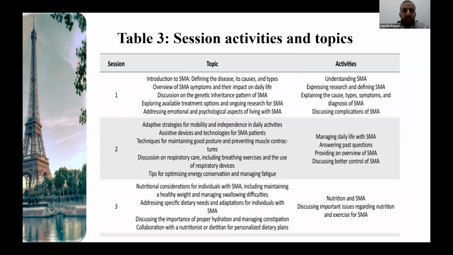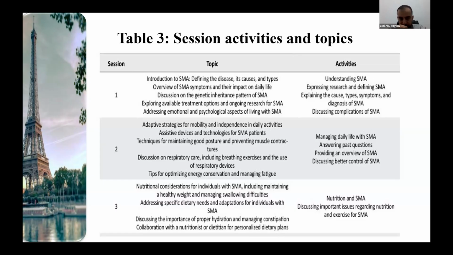Table number 3, we talk about session activities and topics for this case. The first session is an introduction about SMA: what is SMA, definition, causes, types. The activities: understanding SMA, defining SMA, explaining the causes, types, symptoms, and diagnosis of SMA, and discussing the complications of this disease with the family. And the family knows a lot about her case because it's not the first baby within this family